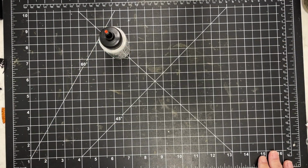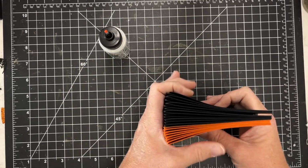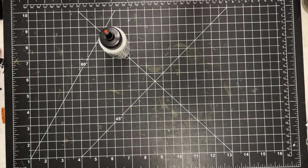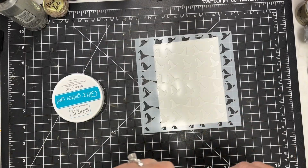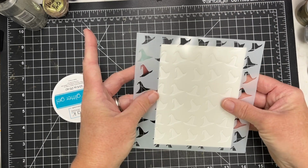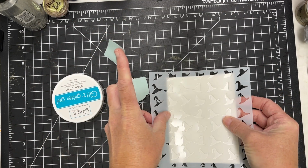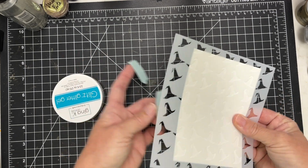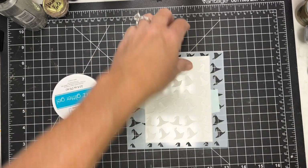All right, so I wanted to show you, I just went ahead and made a bunch of card bases. I've got some orange ones and some black ones. And I'm going to begin by doing some techniques using some stencils. These are different stencils that I purchased. All of this came from Joann.com. You can find some of this at different vendors, but this is where I purchased a lot of their products